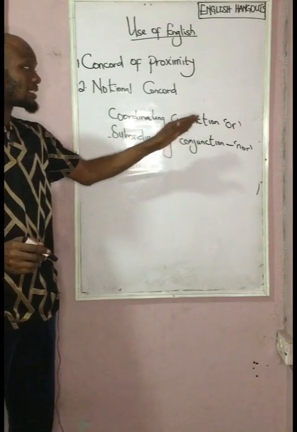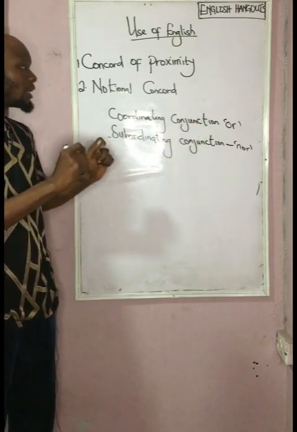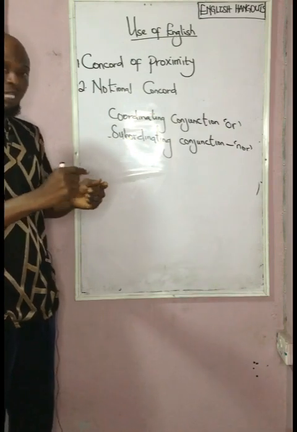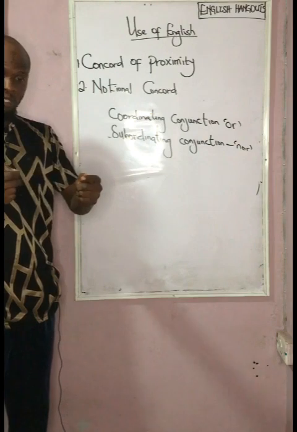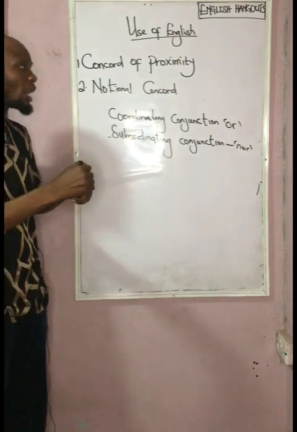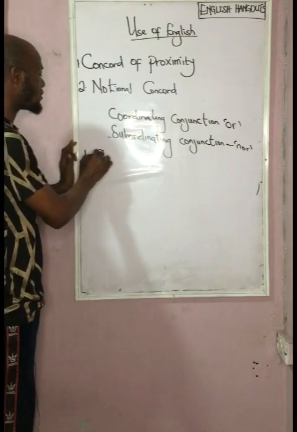What this rule states is that when you have either or, neither nor, it would definitely connect two subjects together. What this rule states is that in a situation where you have a sentence of this form,